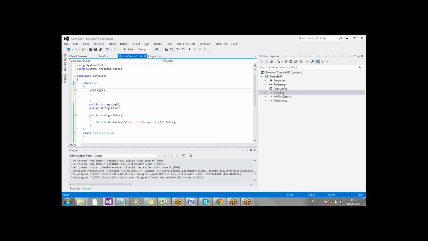Same name as your class name. What is this called? This is called a constructor. Fine. So if you go back to here, when will this method get called? Any idea? The constructor is the method which gets called when you are creating a new instance or new object of that particular class type. Making sense? Whenever an object is created, or when you are creating a new instance of your class, then this constructor would be called.